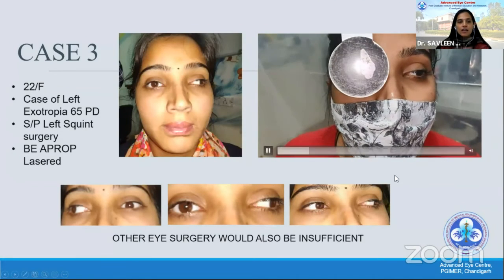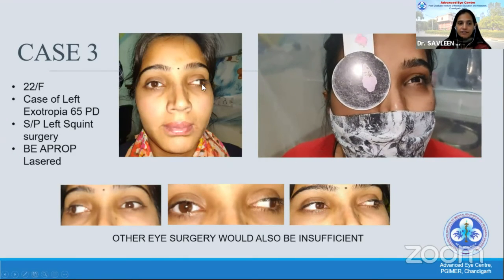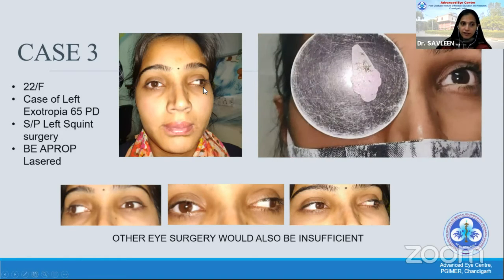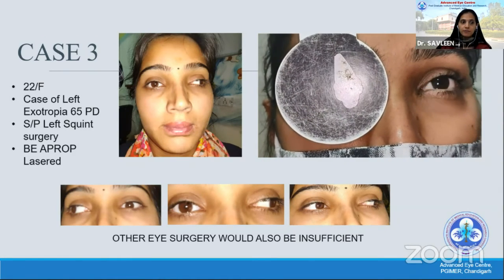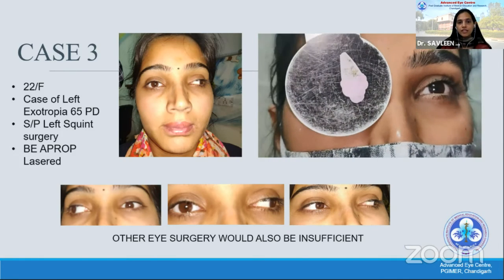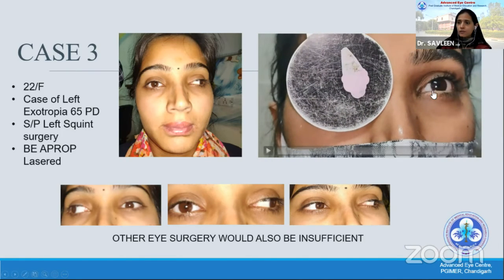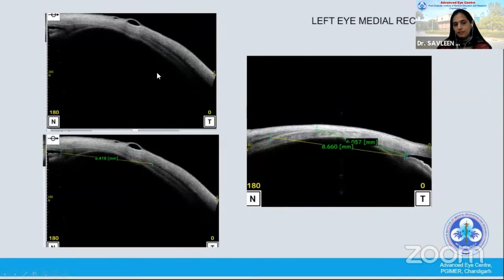Again, another patient, a 22-year-old female who had a left large XT of 65 PD. We did have the records this time because the patient had undergone a squint surgery in the left eye in childhood, and had a pseudo exotropia and a macular drag, a little bit in addition to the true exotropia. Surgery on the other eye is obviously warranted and can be easily done, but at 65 PD, we were not expecting that surgery on the other eye alone would make the axes parallel. So we tried to recapitulate what we had done previously.